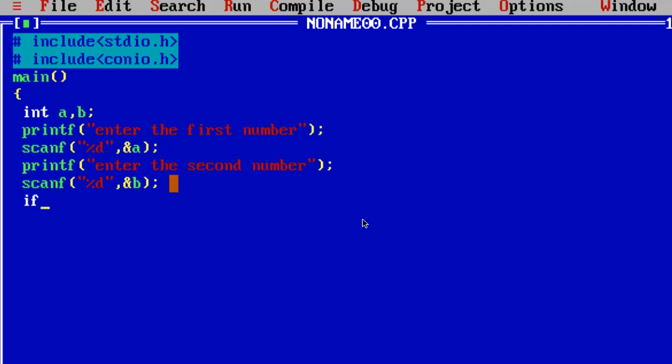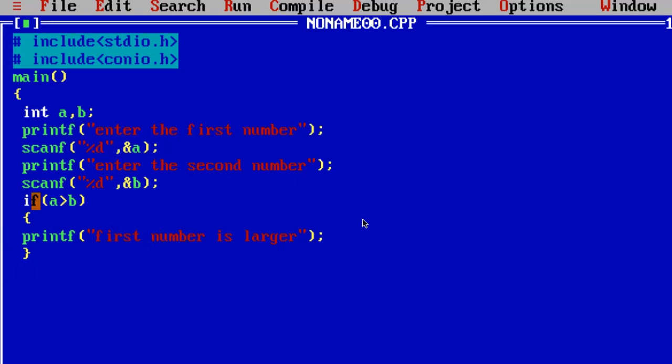So we put if, then the parenthesis, the condition A greater than B, right? This greater than sign is the relational operator here. Open, and we say printf, whatever you want to print, first number is larger, or greater, then close.